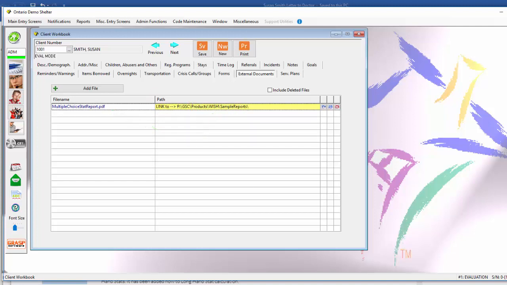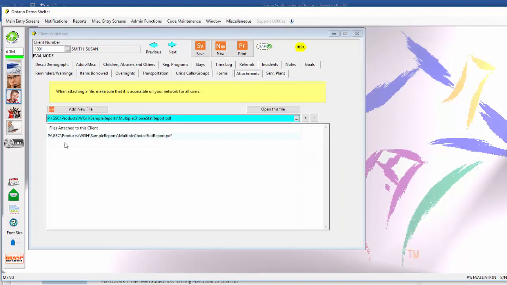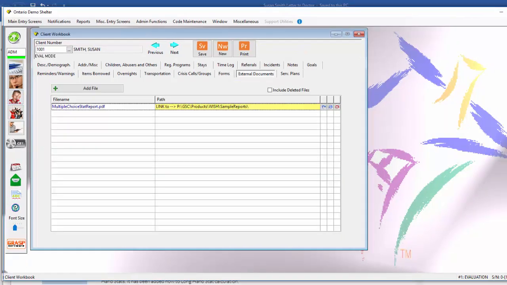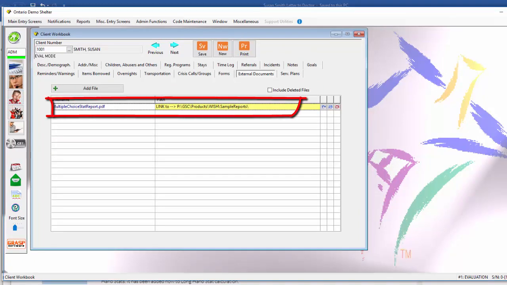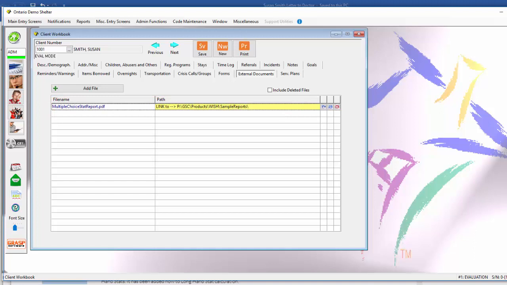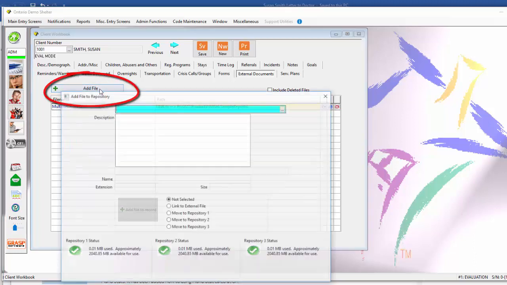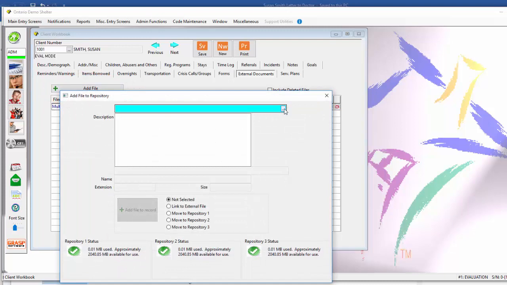Once again, I'm going to toggle back to the old one. That's how it appeared on the old one, and now on the new one, that exact same link would look like this. You'll notice also the color. So you can still do links like that as you would in the other one, though the process is slightly different. So now you would click on add a file,